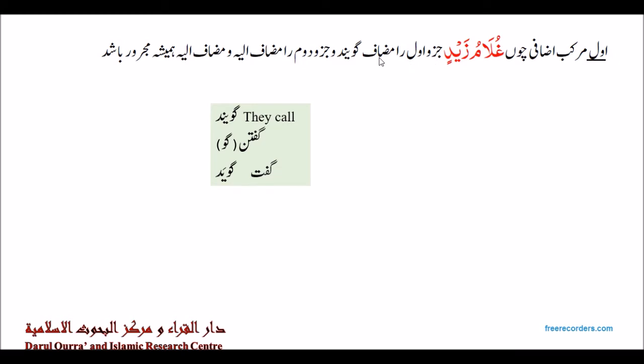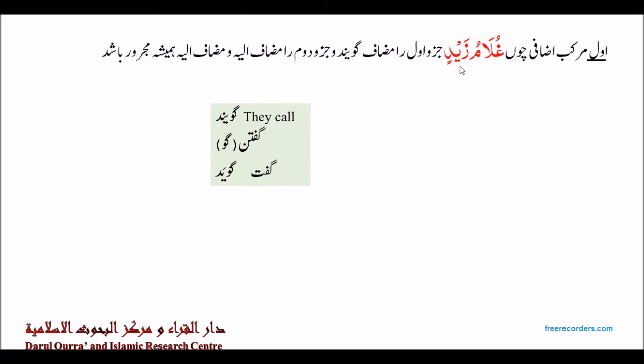They call the Juzwi awwal mudaf. So that's the name that they give to the first part. So in Murakkab Idafi, the first part is called mudaf. And it is this first part, mudaf, which is the possessed. In Murakkab Idafi, the first part is the possessed and the second part is the possessor. So the first part belongs to the second part. For example, over here, Ghulam belongs to Zaid. So this is Zaid's Ghulam.